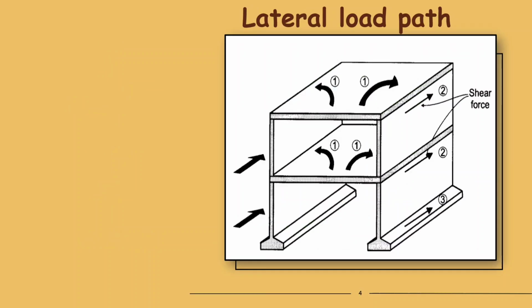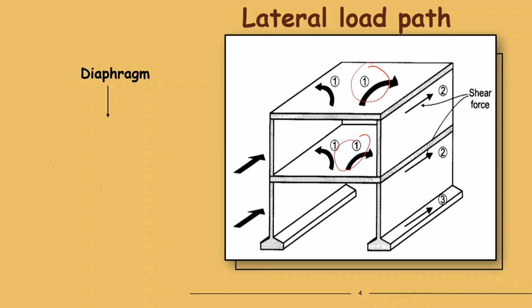Now secondly, the lateral load path, which will transfer loads such as earthquake and wind loads, which act horizontally on the buildings. So first, we calculate the earthquake and wind loads at different story levels. We will find the loads, and then they will transfer to the diaphragms, as you can see in this picture. And then these diaphragms will transfer the loads to